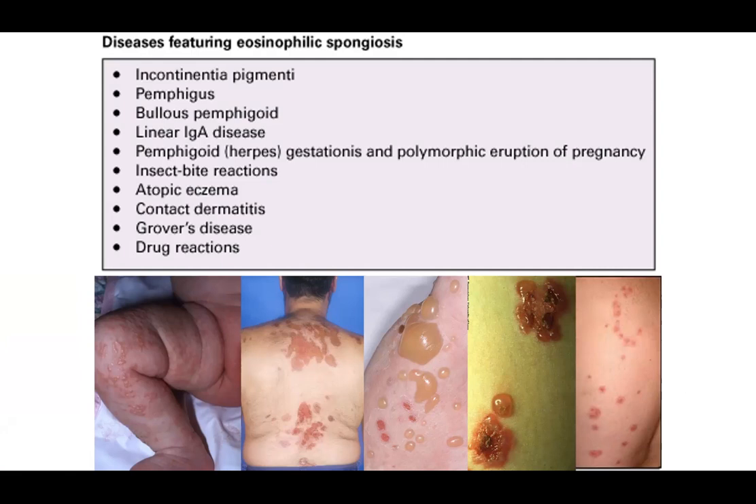Of course, Grover's disease can show acantholysis and dyskeratosis, looking similar to Hailey-Hailey or Darier's disease. So that's always on the differential. You've got these little erythematous nonspecific papules over the body of elderly gentlemen. That's the classic population. Unfortunately, drug reactions can